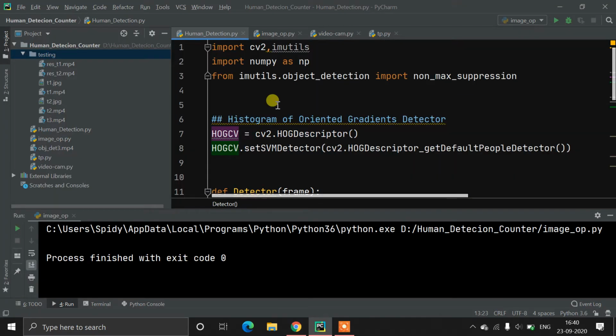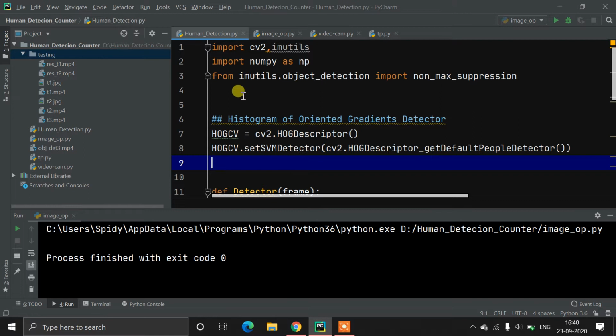Now I'm going to talk about a human detection system, or we can say pedestrian detection system. The concept is very similar to a face detection system. Obviously every Python person has already done something like a face detection system. It's now very easy to do. We can do this in around 10 to 12 lines using Python. Now it's the same case with this concept.